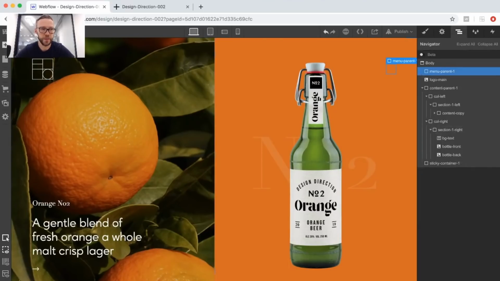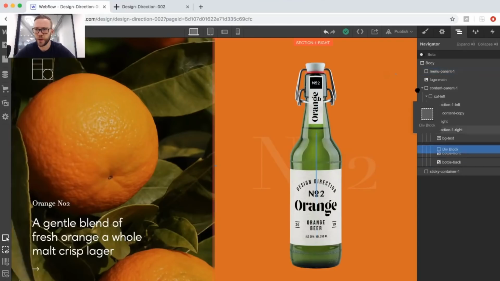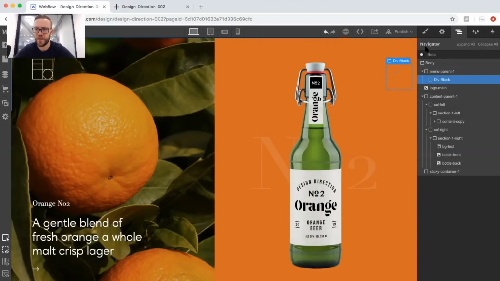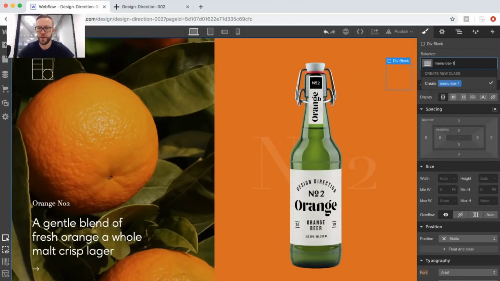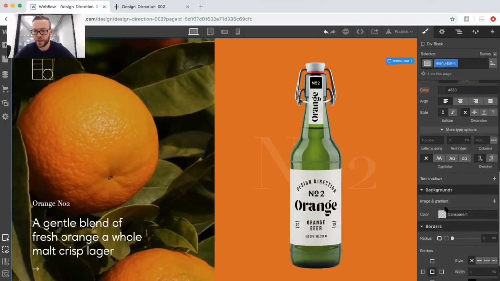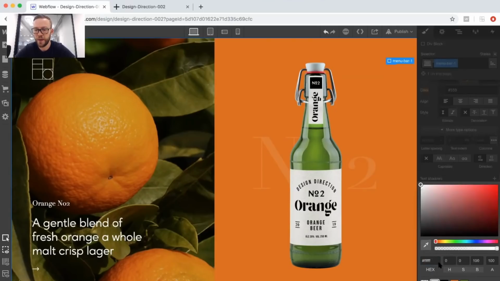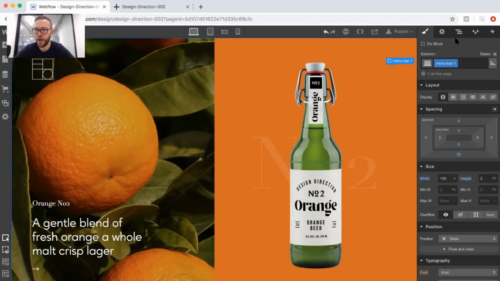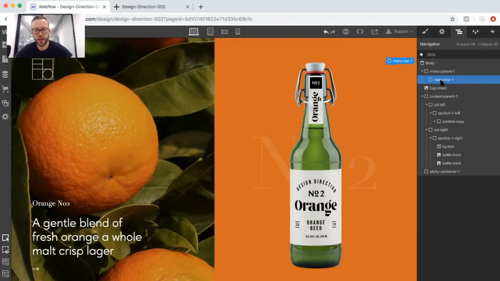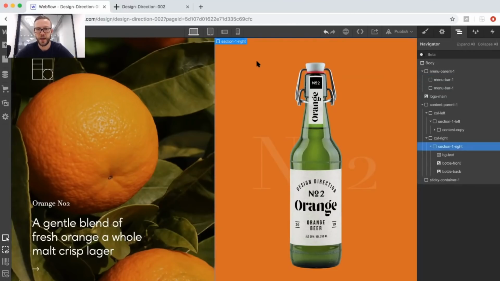Now what we're going to do is drop in our first div here. We're going to call this menu bar 1. We're going to set the width to 100%. We're going to set the height to 2 pixels. We're also going to set the color to white, and add a touch of margin on the bottom. And what we're going to do here is just Apple C, Apple V,